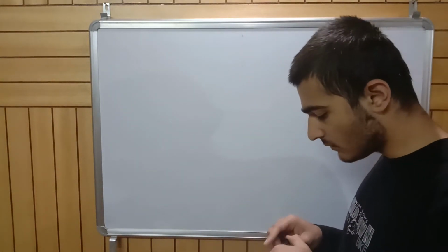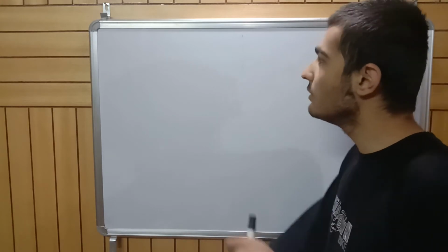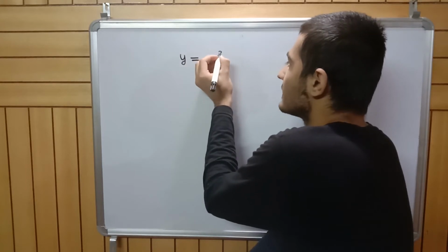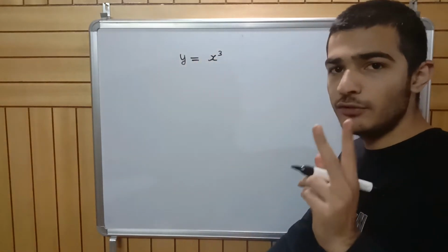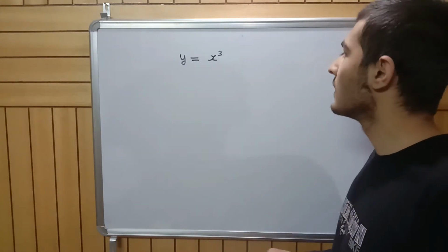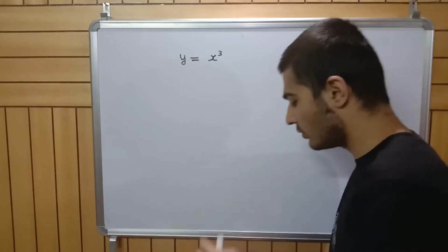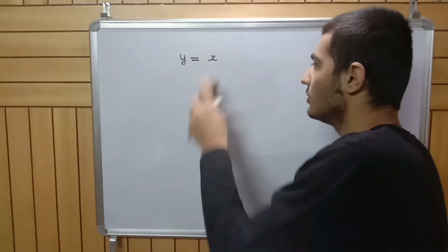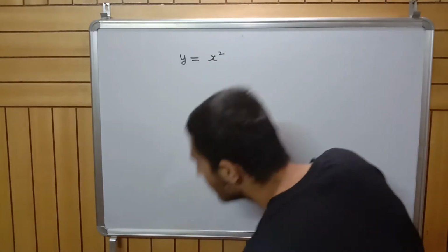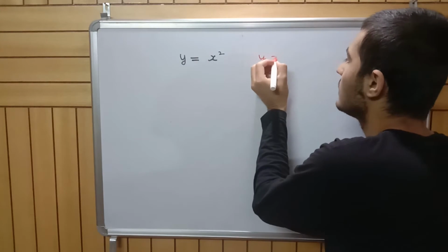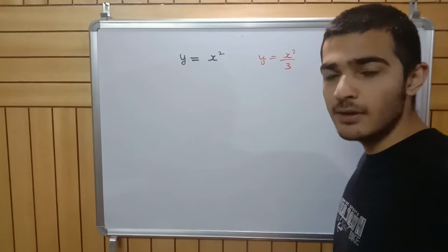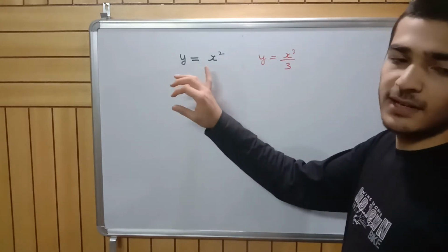So whenever we were given any function, let's say y equals, this time I'll take y equals x cube. In this whole process, we had used another curve, so let us stick to the original first. So we had dealt with this curve, right? And in this situation, we had used the curve y equals x cube by 3. We had used this curve to find the area under this curve, right?